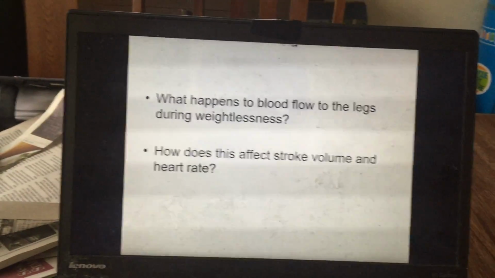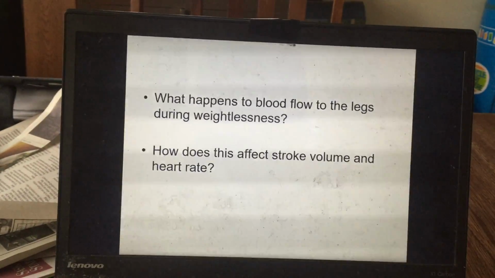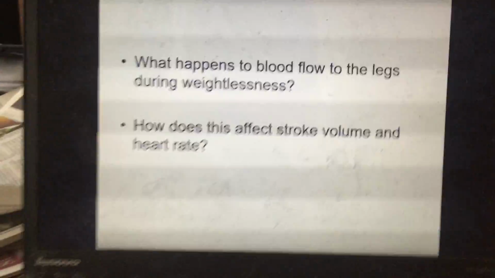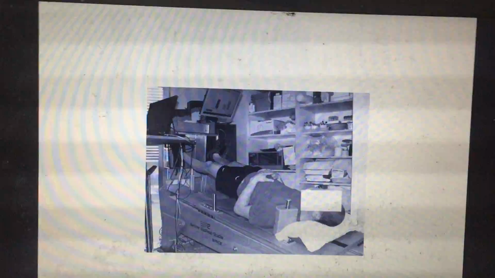So at a given exercise intensity, you'll have a lower heart rate in the water and an increased stroke volume. And this is just a bit of a tangent. If they're doing ground-based experiments to simulate space flight, they put someone in a bed rest position in a head down tilt. That's to force the blood flow to go from the legs to the upper body, and that's what you experience in microgravity, and also what you would experience if you're submerged in water.